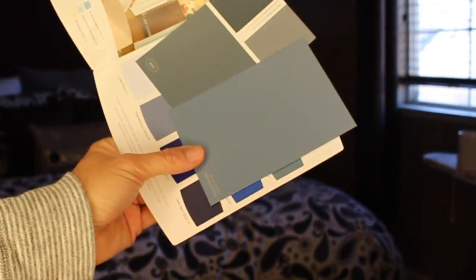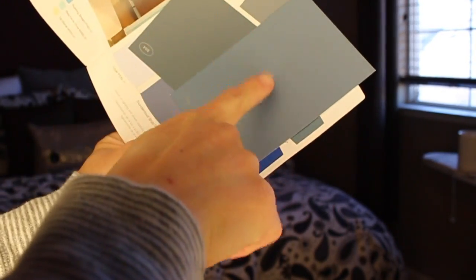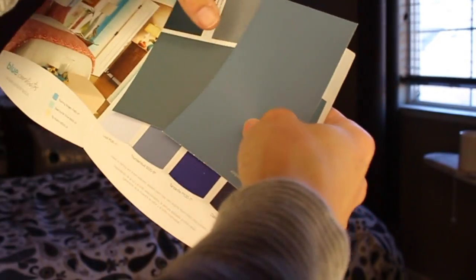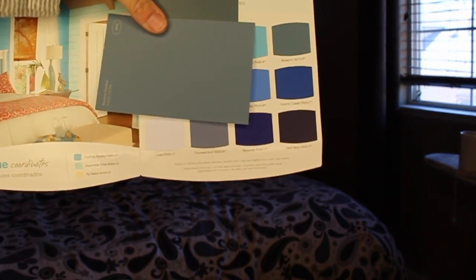Let me go closer to the camera. See? In the video, it almost looks purple. That may have just ruled it out. I was going to go and get that paint this weekend, and now I'm thinking it looks purple. So I'm not going to buy paint until you guys tell me what you think. So let's name this A, B, and C. This is A, this is B, and this is C. So A, B, C. Wow, that is crazy. So anyways, those are the